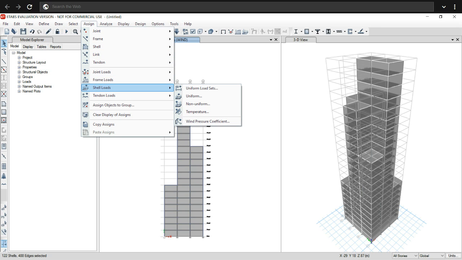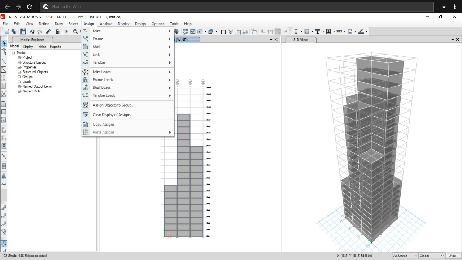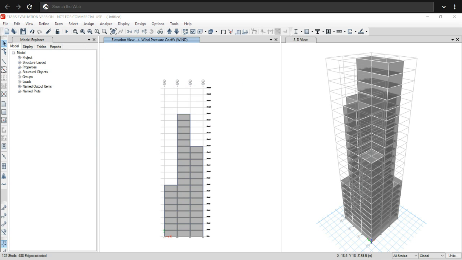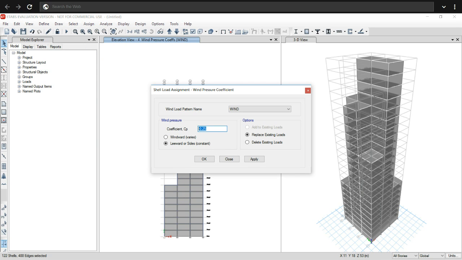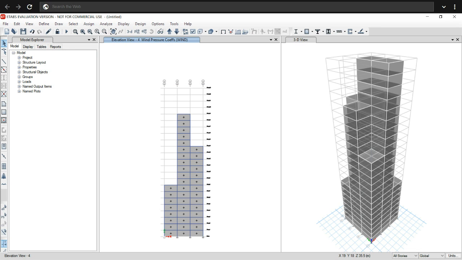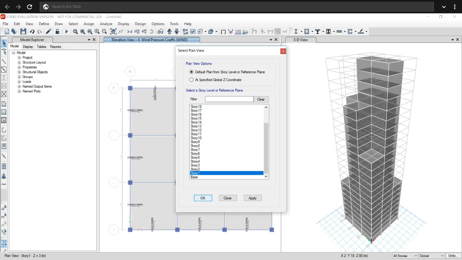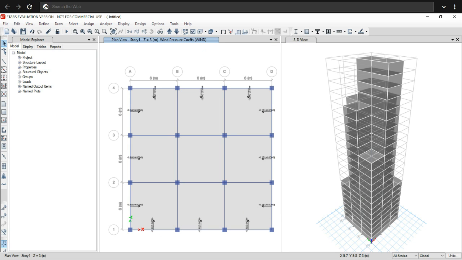Now go to shell load, uniform, wind pressure coefficient minus 0.8, apply. Okay. Now to check it, go to the plan option, story 1, choose story 1, then okay. Then you can see wind load has been applied in all the directions.